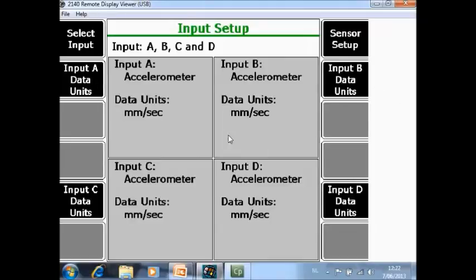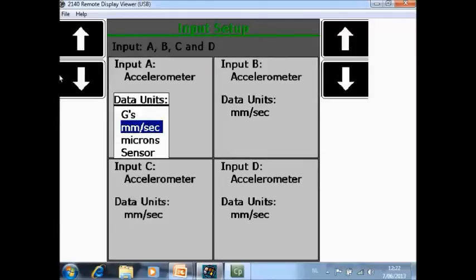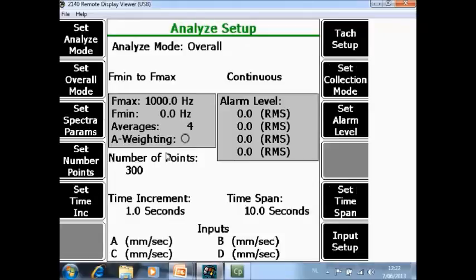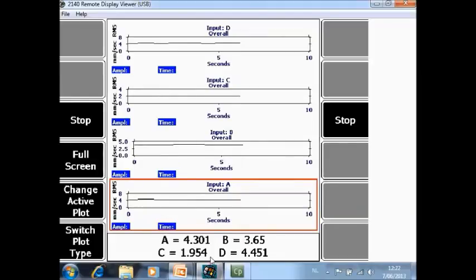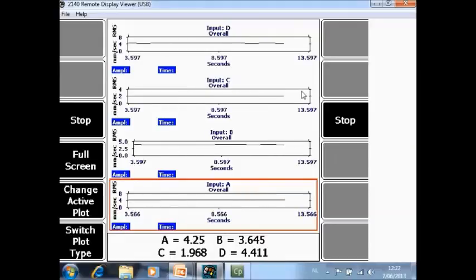Input data for the 4 channels. You can toggle between G's, so acceleration, velocity, displacement, or the sensor units, that would be in this case G's as well. And now the data collection is started. At the bottom you see for the 4 channels the overall value at every moment in time, and you see a plot for every input channel. As explained before, the display time you see here is only 10 seconds,